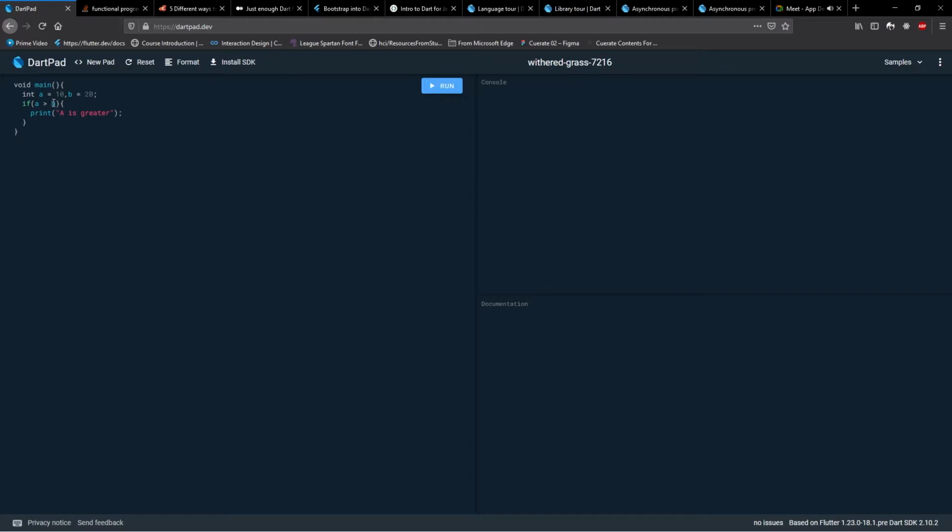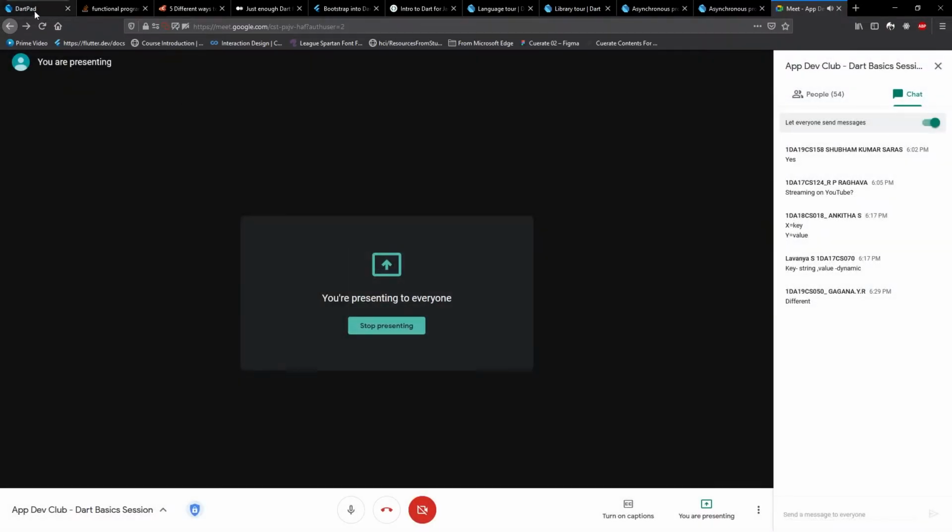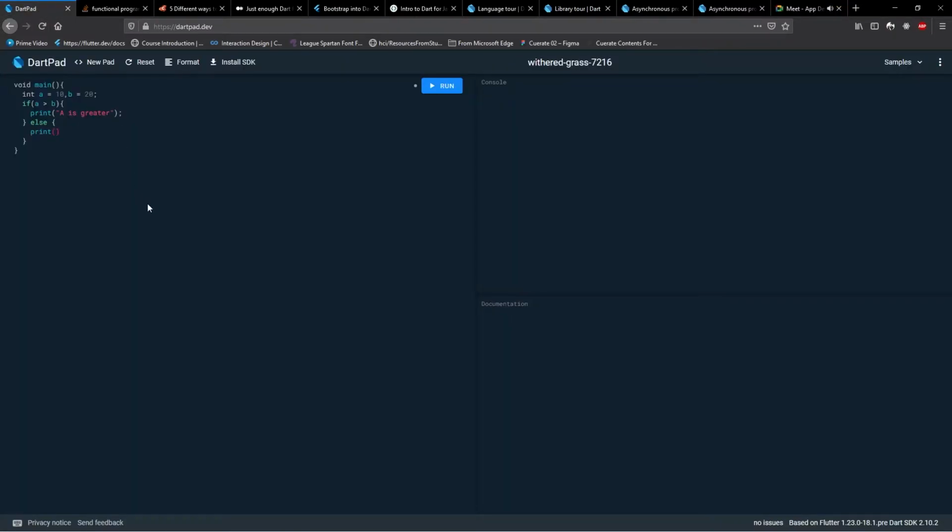Oh, sorry. Okay, so why is that? Because this condition is not being satisfied. A is 10, b is 20, but b is greater than a. So that is why we have something called an else block over here. What the else block does is, if this condition fails, it is going to run this block over here. Okay, more are joining. Nice. Okay, so print b is greater. Okay, so now when I run this, it's going to print b is greater. So that is a very basic if else statement.